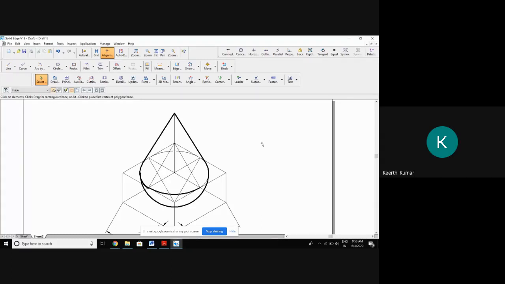Bhavna, yours, the base of the cone is not circular on the left side. The smooth curve is not there. Base of the cone, not hemisphere. Base of the cone or top of the hemisphere, left side. Yes, sir, I'll check. It is not a smooth curve.